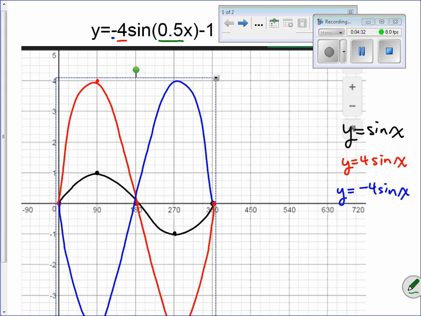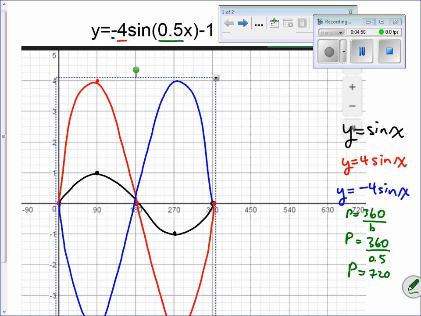We have to do a calculation. We know that the period is equal to 360 divided by the b value, which in this case is 0.5. So we get 360 divided by 0.5. That means our new period is equal to